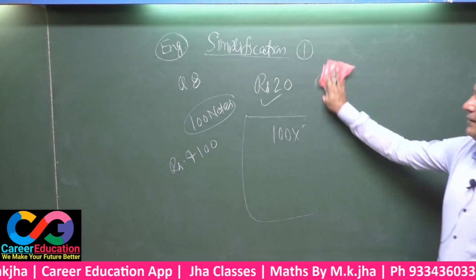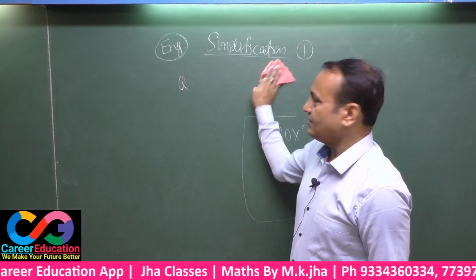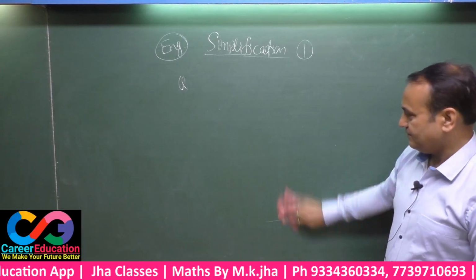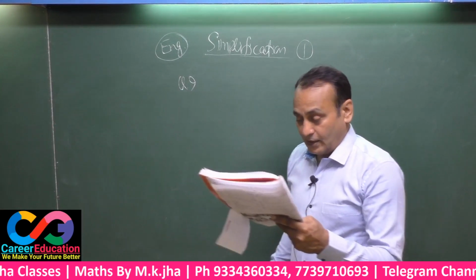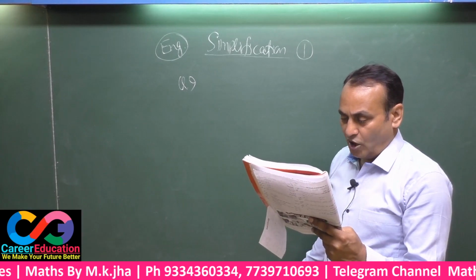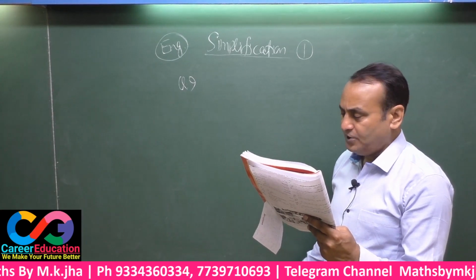Now, coming to question number 9. See here. The question number 9 is, in a box there are 90 notes of denominations,